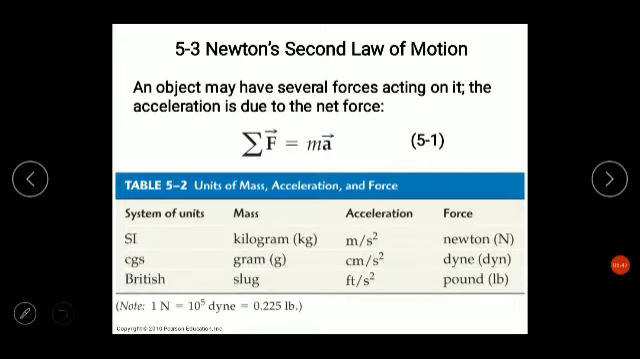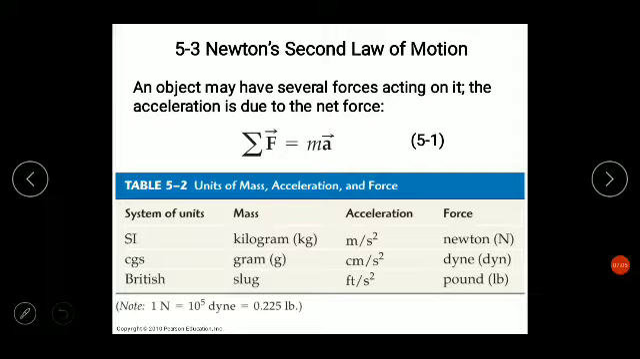So we have the unit of forces. For the SI system, we have here Newton. For the CGS system, we have here dyne. One dyne is equivalent to centimeter per second squared. And for the British